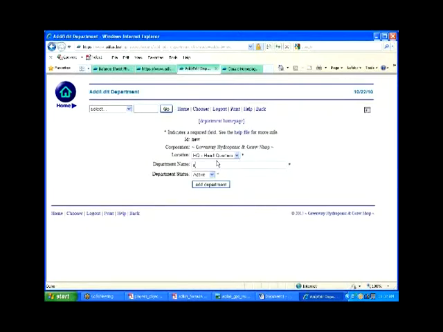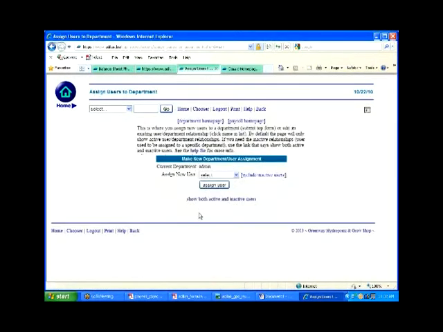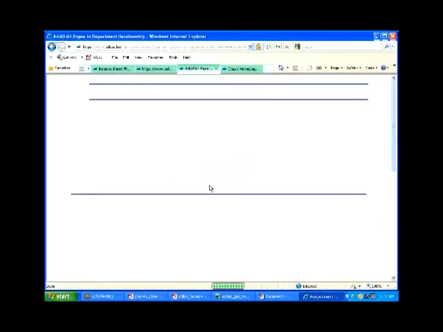Looks like the other one was in lowercase, so I'm going to kind of follow suit. Admin, add that as a new department. So here's my admin. Currently underneath admin, I don't have anybody at all. There's no users. But say I'm going to assign myself. I'm going to click here. Brandon is now going to be assigned, and he is going to be paid on a